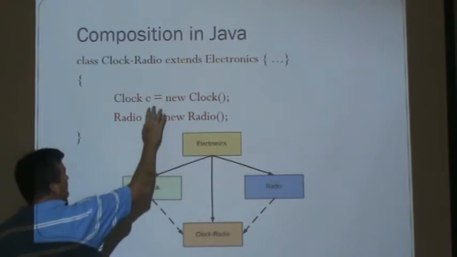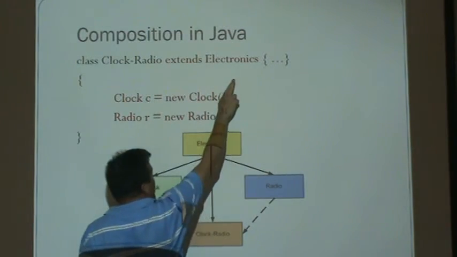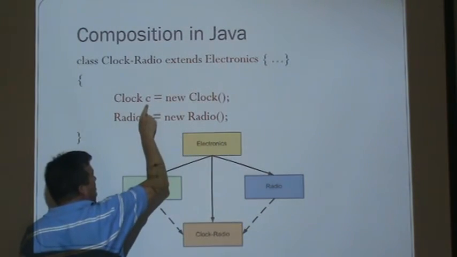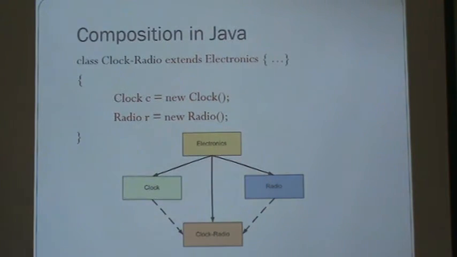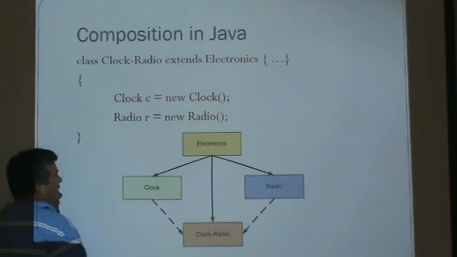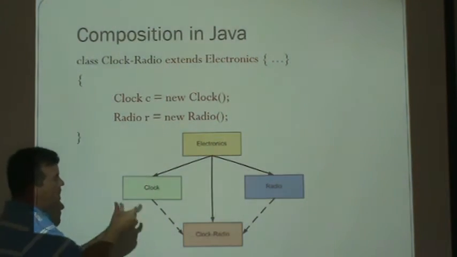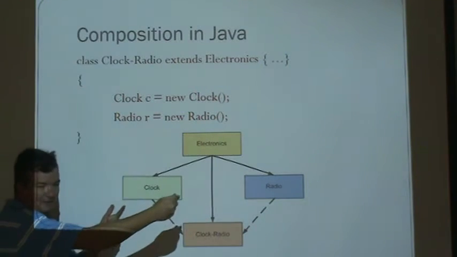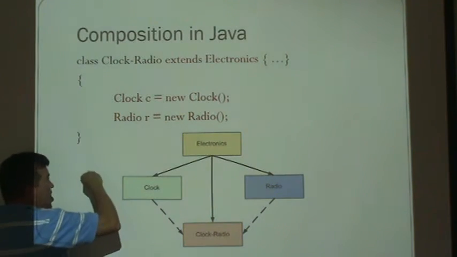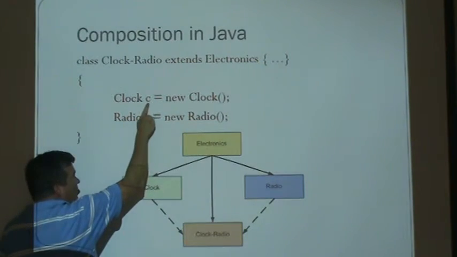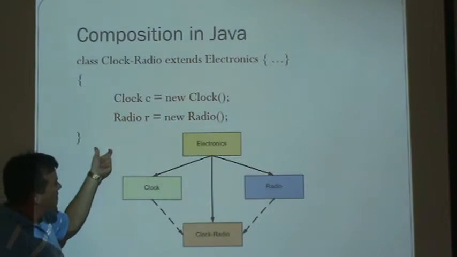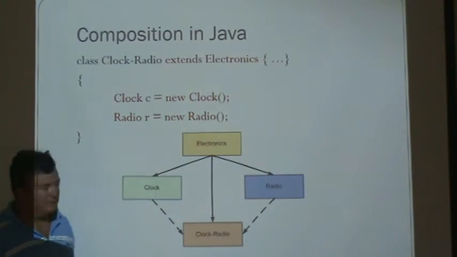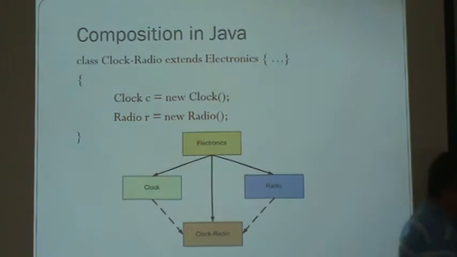So really what I'm doing here is I'm inheriting directly from electronics, and then I'm creating one object called the clock. I give it a name C, and I create one radio, and I call it R. So if I was allowed to multiply inherit, every feature of a clock I could just refer to by the object dot the method name. Now I would have to say the object dot the C part dot the clock method name, or the object's reference dot R dot the radio's method name. So just one layer of